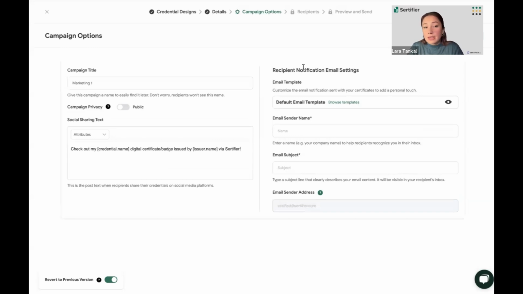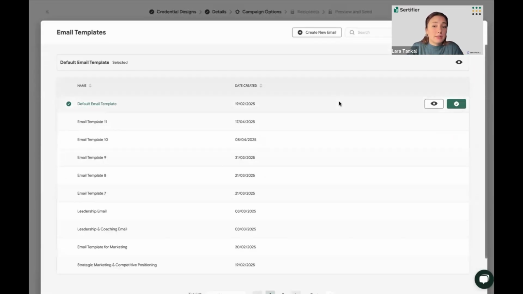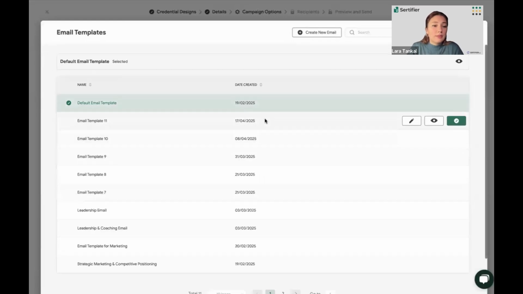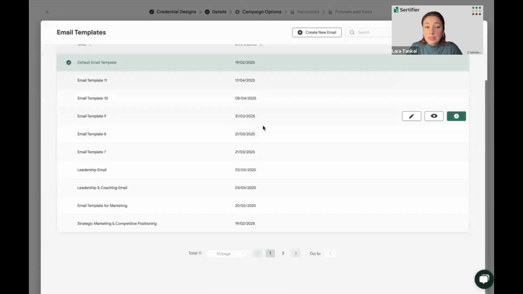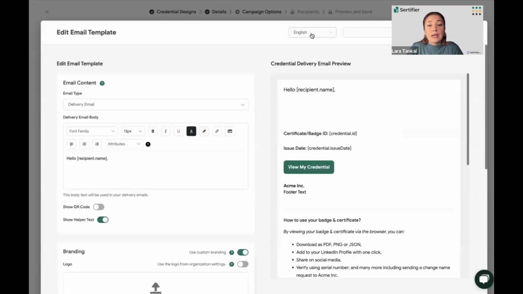The next thing that we have is the email templates that are being used to notify your recipients, the email templates that we have been talking about from the start. So in the account, whenever you are creating a campaign, a default email template will be chosen for you. However, you can also create customized email templates as well. So you can either select from the ones that you have already created, but you can also create a new